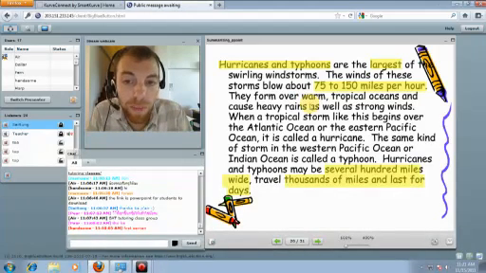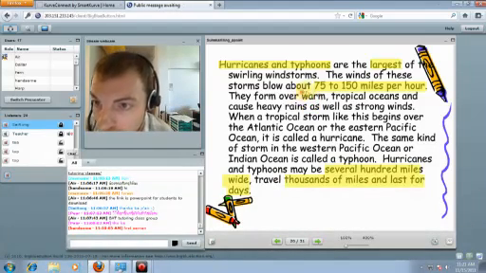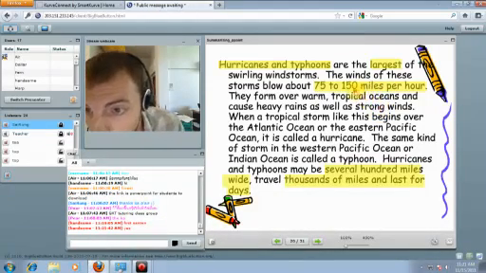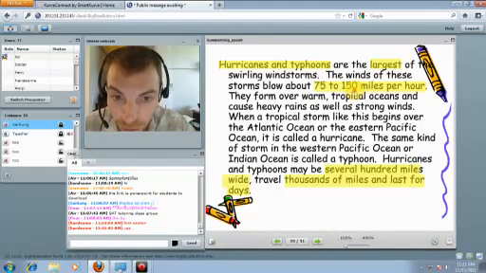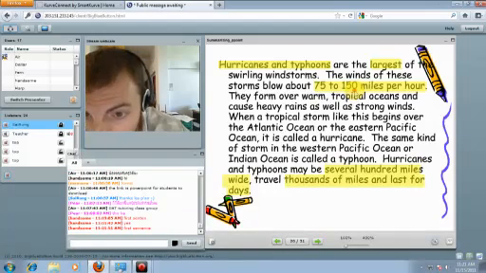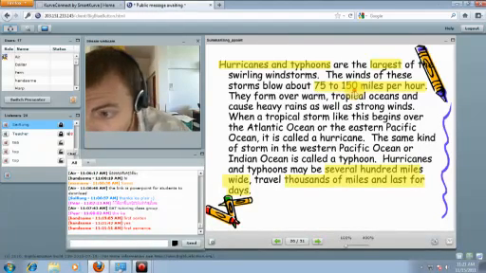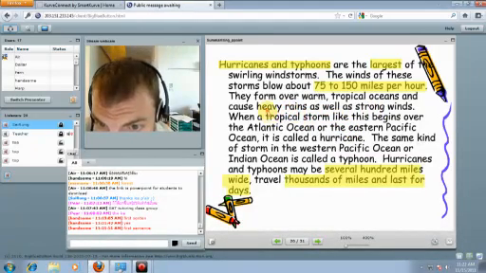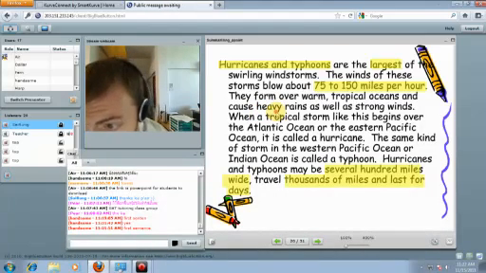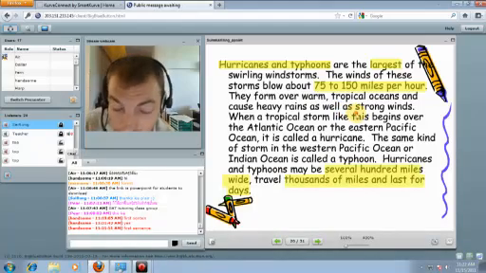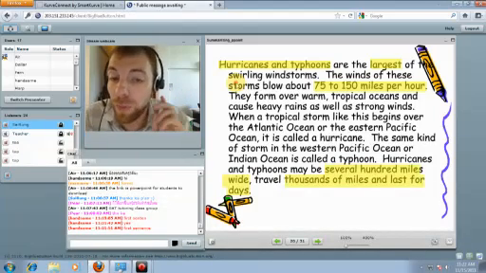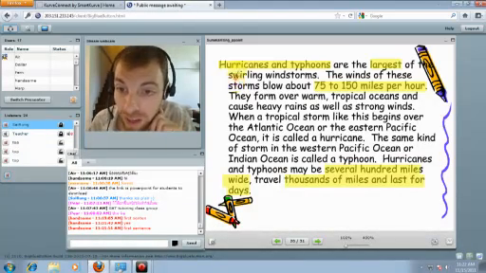Do we think maybe this is the main idea? Maybe. Let's keep reading. The winds of these storms blow about 75 to 150 miles per hour. They form over warm tropical oceans, and they create heavy rains as well as strong winds. So we can stop right there, and I think we know that this is about hurricanes and typhoons,